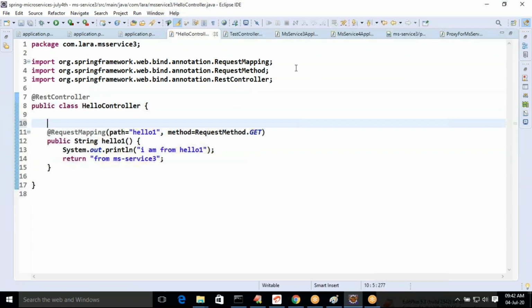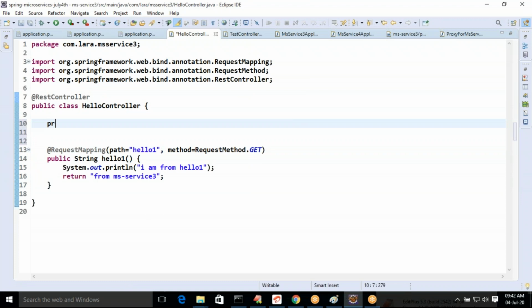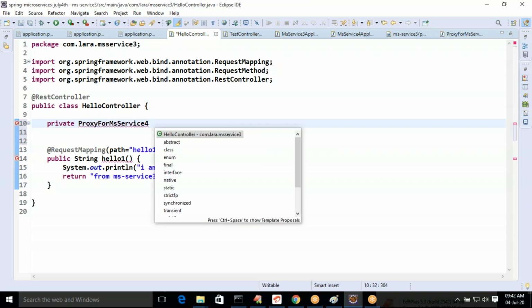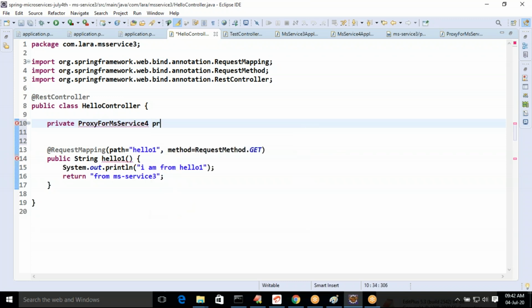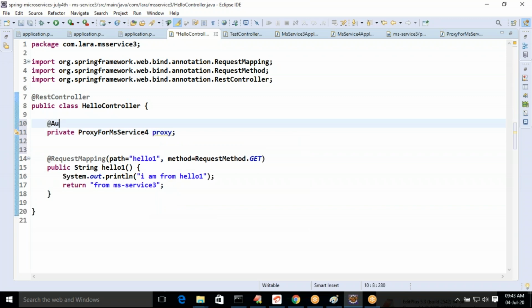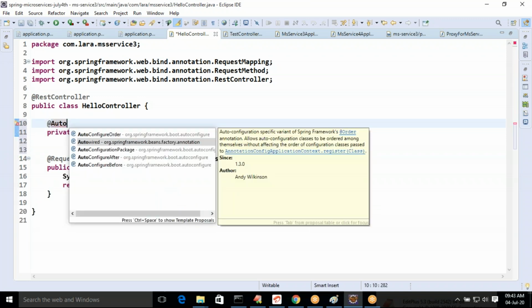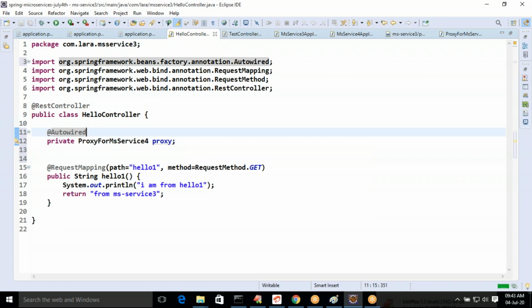In the hello controller, private, the proxy, with Autowired. The framework will automatically provide an object of type proxy for MS Service 4. You can straight away give a call to callTest1.